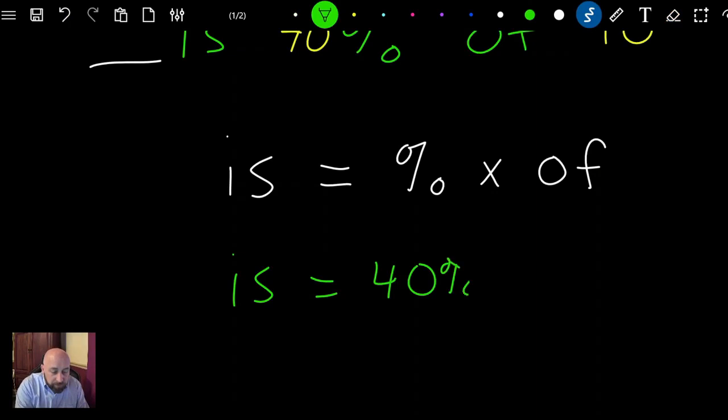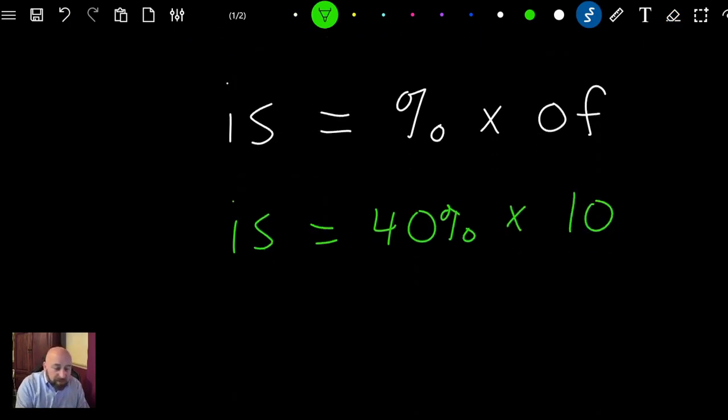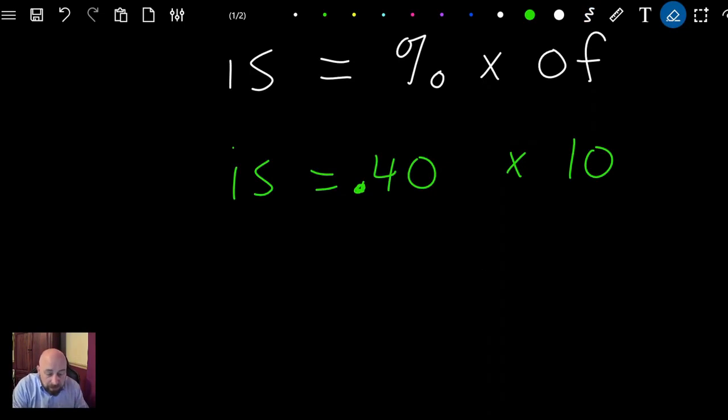40% times 10. I don't like this 40% because you can't really multiply by 40%. So in order to get rid of the percent sign, we have to move the decimal 2 places to the left. Just like to add the percent sign, you move 2 places to the right. To remove the percent sign, you go 2 places to the left with your decimal. So it's now 0.40 times 10. That's our problem. 10 times